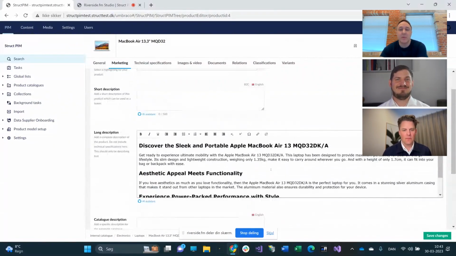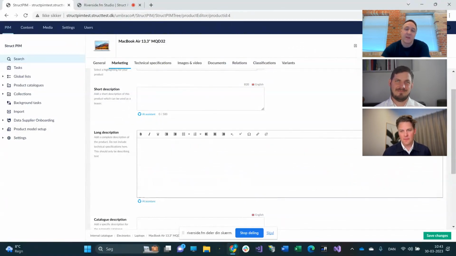In Struct, we have the ability to actually build multiple dimensions into our descriptions and other fields. So what we've done here is that we've also set this one up to have a version that could be a B2B version. Looking at this, we don't have any B2B text, and this is where it becomes really interesting, because typically you wouldn't have the resources to create both B2C, B2B, and all these customer-oriented texts here. But because we have the AI assistant now, maybe we would be able to actually do this. So I'll use it again.